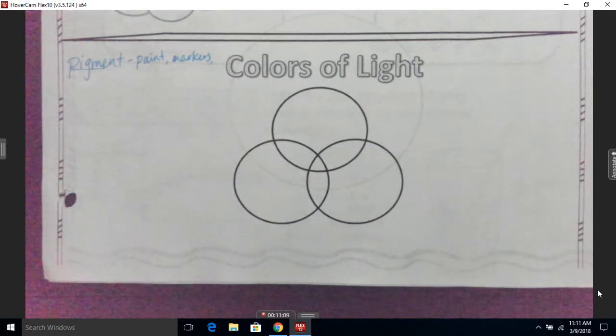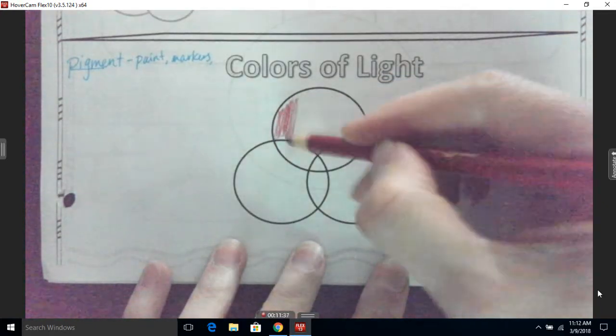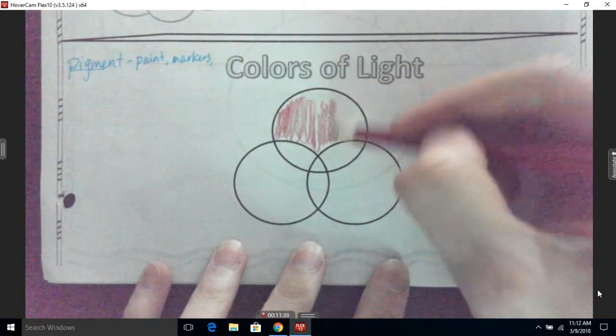So all of those rules that you know for art, and thinking about mixing all colors together and getting black-brown, that has nothing to do with light. Okay? And the primary colors in art are completely different from the primary colors of light. Okay? So the primary colors of light are red,